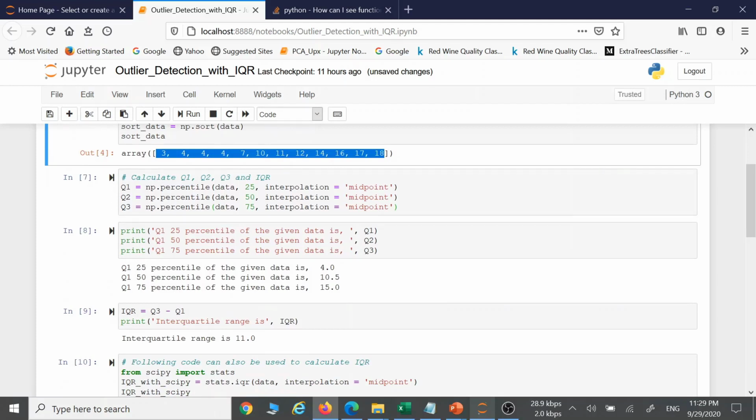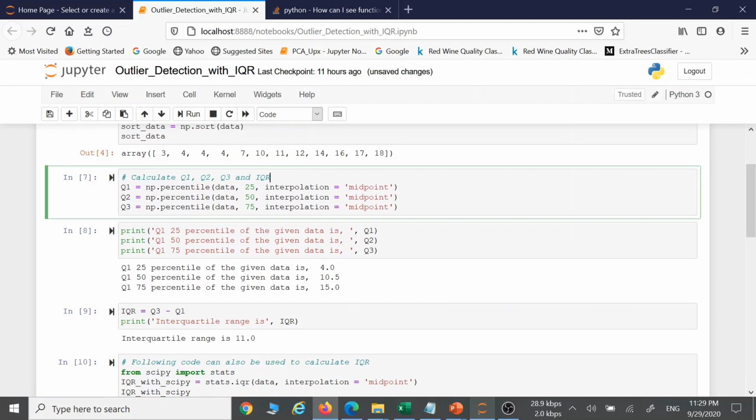It sorts the data in increasing order. After that we need to divide the data into 4 quartiles. Quartile means from the start to the 25th percentile, then the 50th percentile, then the 75th percentile. It means we have to calculate the 3 percentiles. So we will use Q1 equal to the np.percentile method in NumPy.